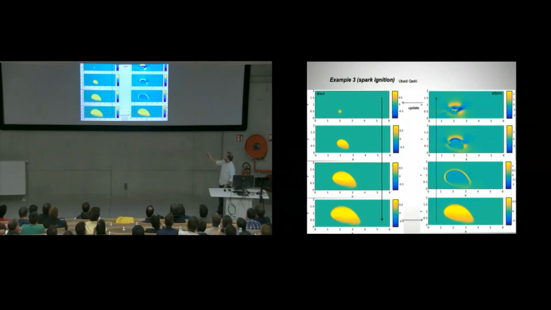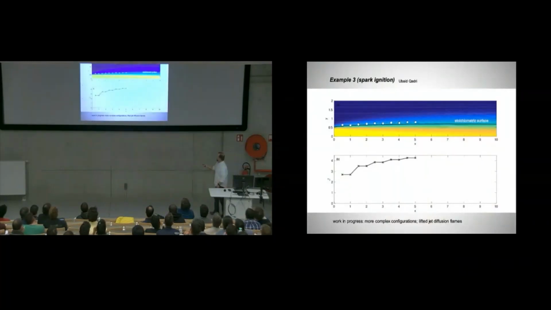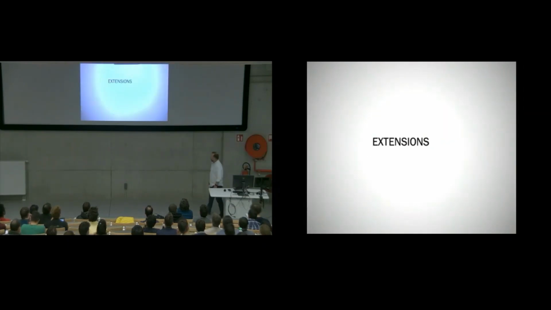And by the time we get to 0, out of this mess here, we extract the gradient of how to move this point so that next time we're going to go through that process a little faster, okay, and a little steeper in that curve, okay. And you build that up and up and up, and then here you have all the iterations, and you see that the iterations nicely follow the stoichiometric surface as they should. That was just a little bit of a test problem. Now we're doing a lot more complicated configurations in a lifted jet diffusion flame. That's work in progress.